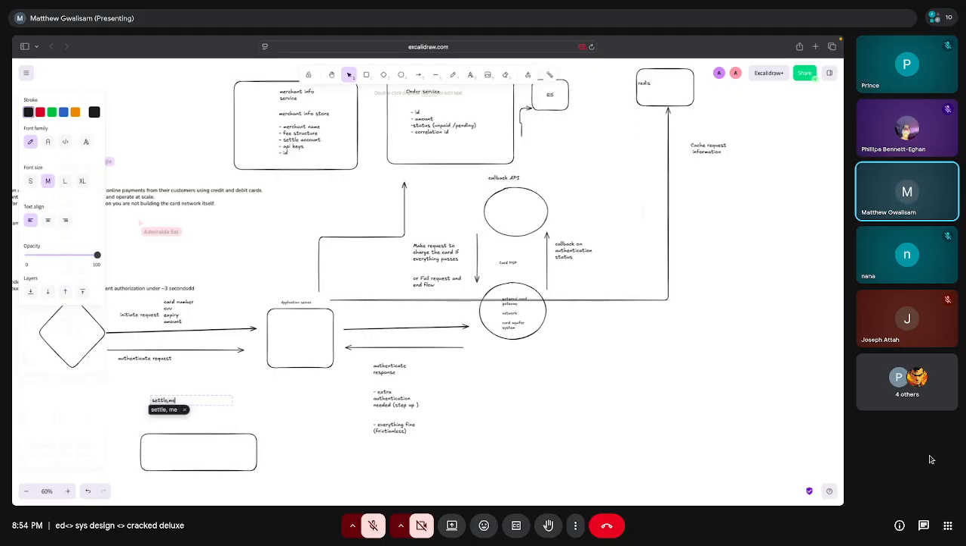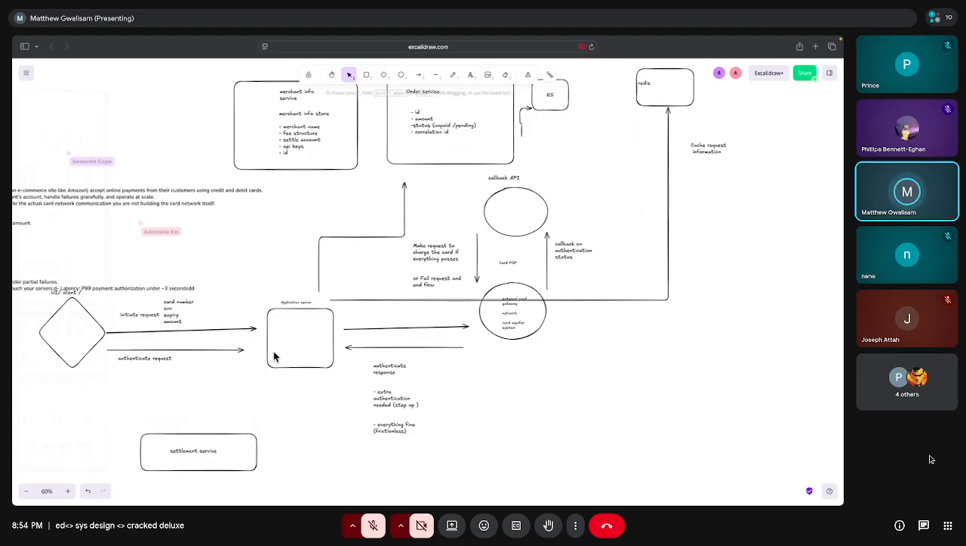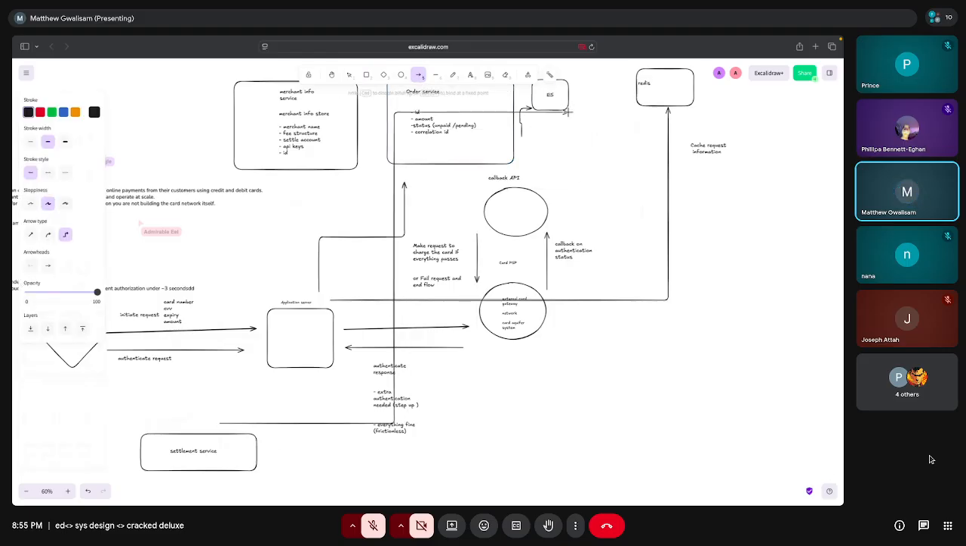Settlement service here. What the settlement service is going to do is fetch transactions from our ES on intervals. It's going to run every 1 hour. Every transaction within that hour is aggregated,